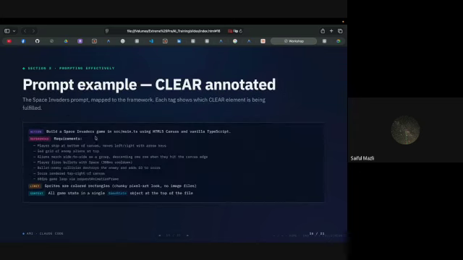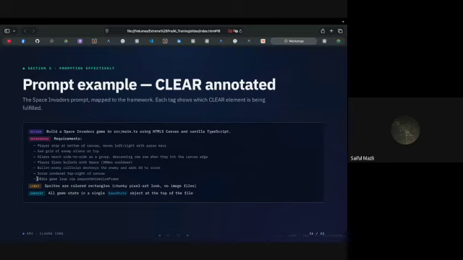Here's a prompt example, which we will use later on. You can say, build a Space Invaders game, and create it here, use HTML5 canvas, and use TypeScript. And then you give it the references, the descriptions of what it is that you want it to do.